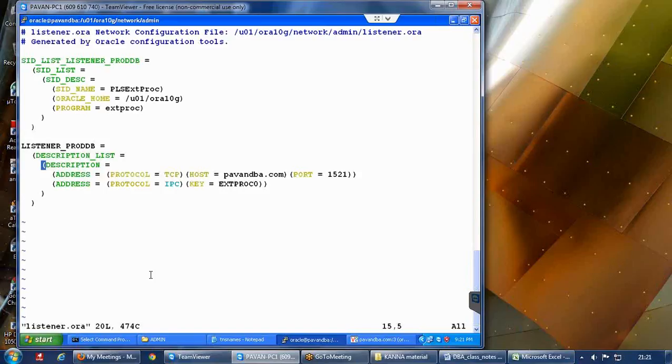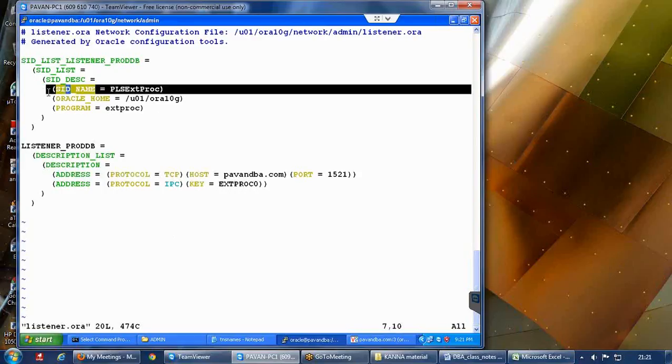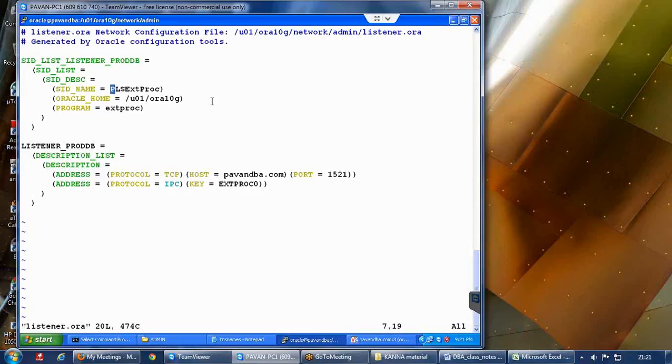The first thing you need to do is, here you have something called SID name, and you can see it is showing something like PLSExtProc. If this SID name is pointing to this, it means it is following dynamic registration. So you need to remove this entry and give your database name or instance name.